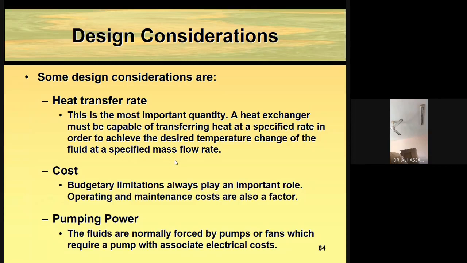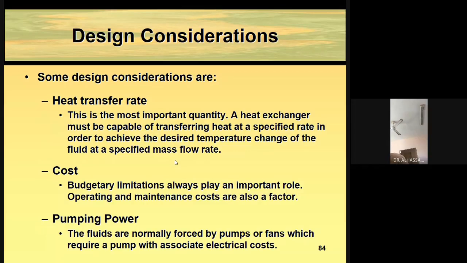Let's say, for example, you take a steam power cycle, a steam power plant, where you have a condenser. Condensers always need the water from the turbine to be cooled down. So what is the amount of energy that needs to be cooled down? You need to calculate all this. After you have done this calculation, you get the amount of heat necessary to be transferred,